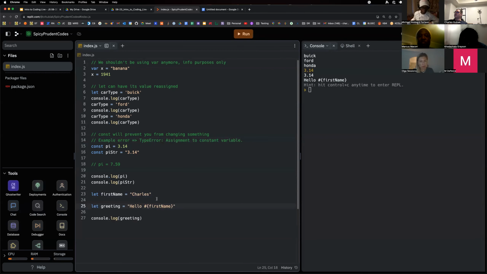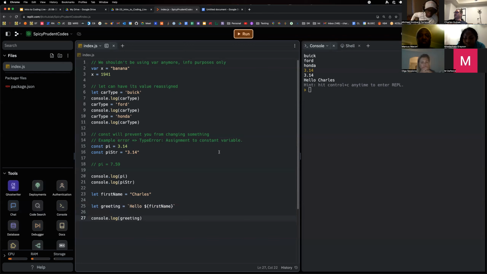But as soon as I take these double quotes and I turn them to backticks, and I now have a string literal, and then I use a dollar sign and curly braces. There we go. So it didn't change the colors like I'd like it to, but when we use string literals,